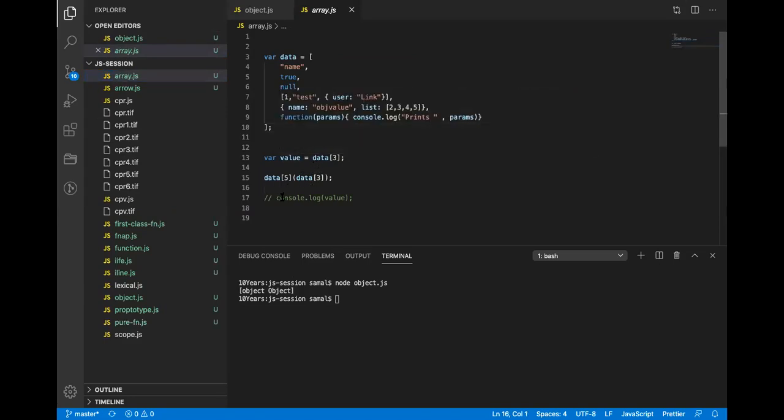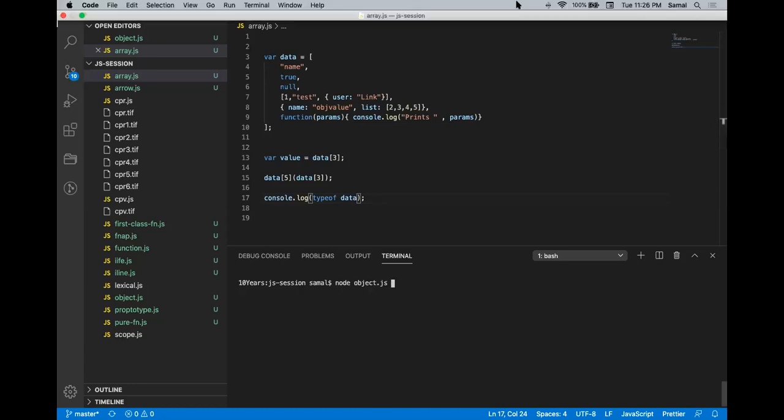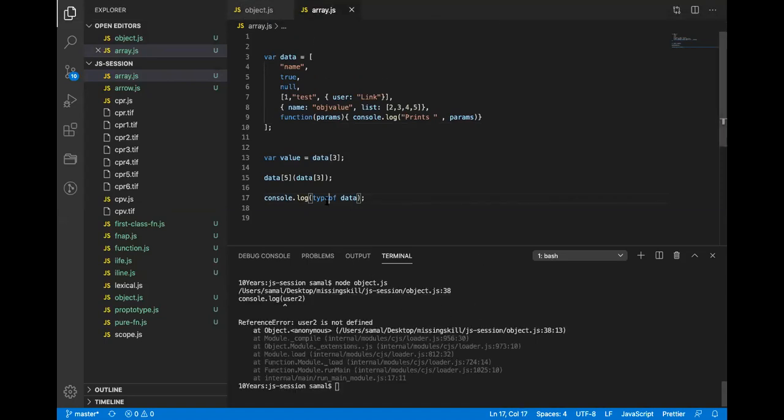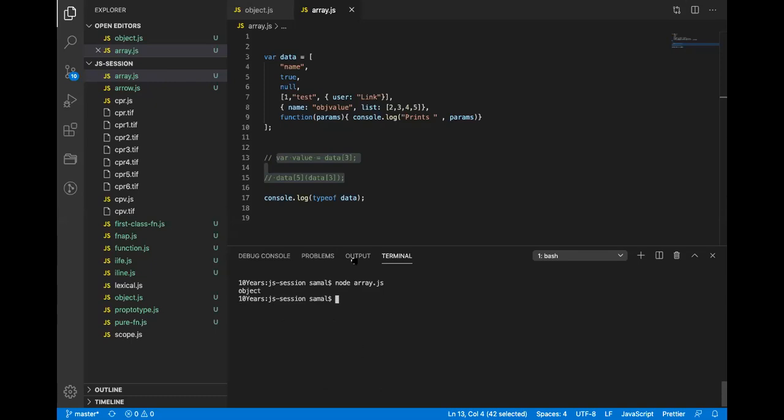In array, if I want to identify and I do typeof data, what will be the output? Object. It is object, right? Now, how do I identify whether this is an array or object, because both array and object will give you the same output?